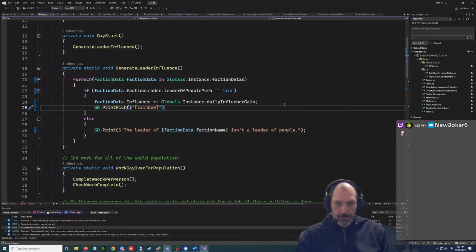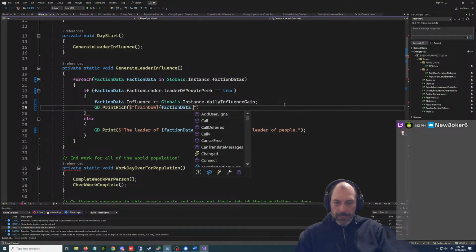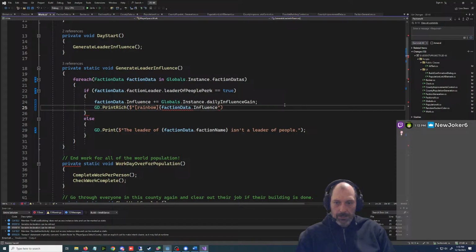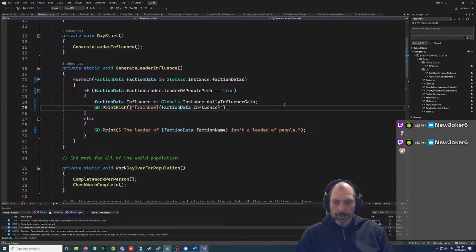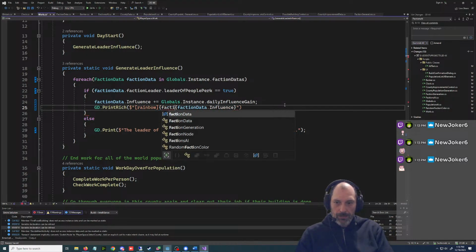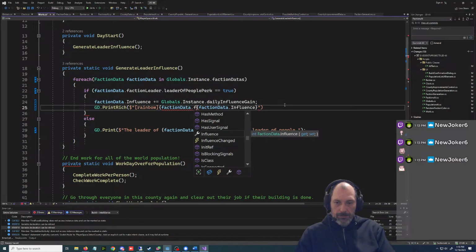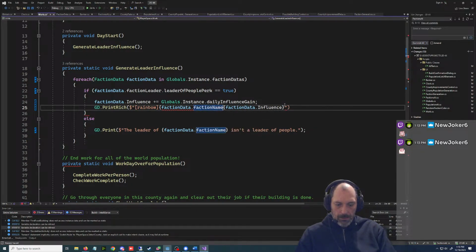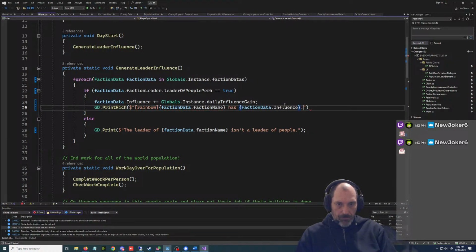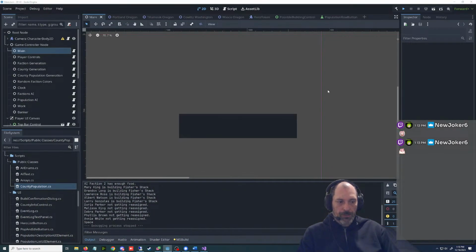We want the squigs with some faction data influence, except we also want their name right here. Faction name has. And then we'll just rerun this and chill for a day.